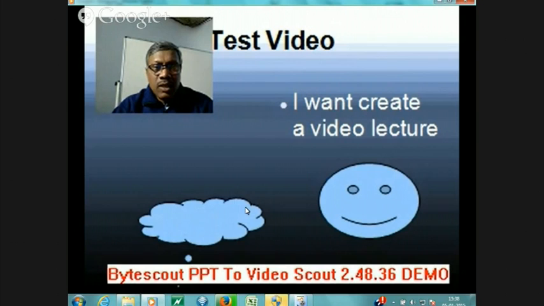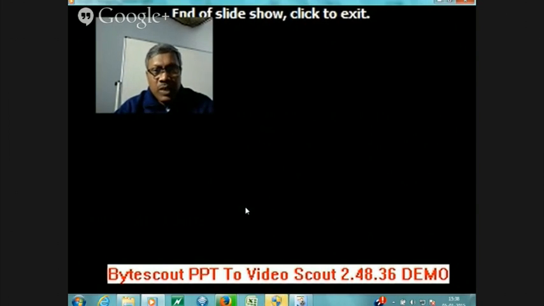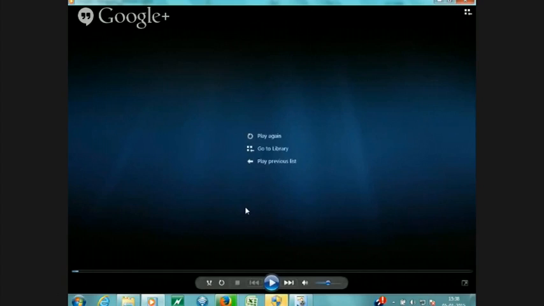So the next slide, if you remember, it was a duplicate slide of the first one, where we only changed the cloud, brought a cloud. So this is the next slide. Then comes the third one, that was the graphics slides. So this is graphics made in Google SketchUp, and this is also made with a free tool. So you see whether it is playing or not, let's have a look. Then you press next. Next means you